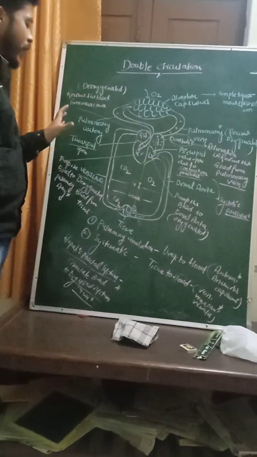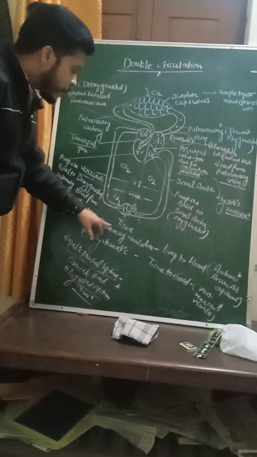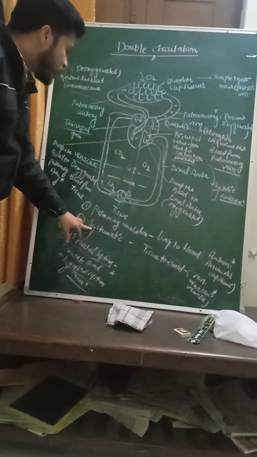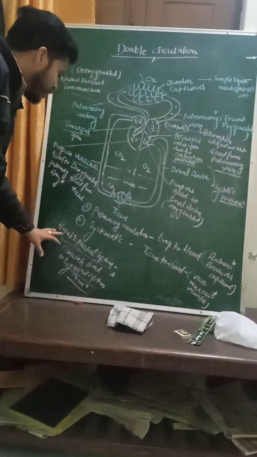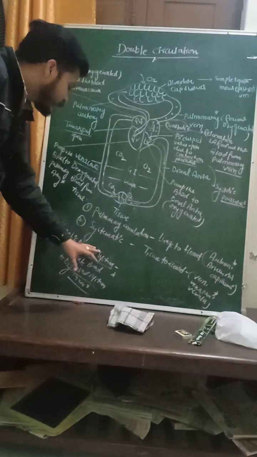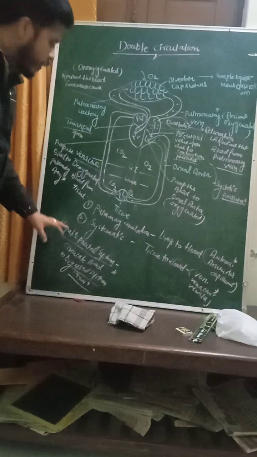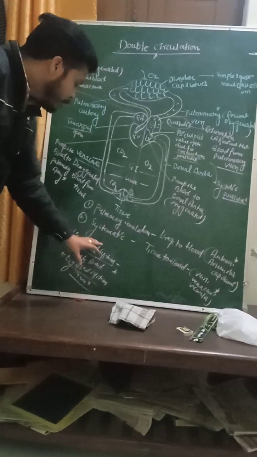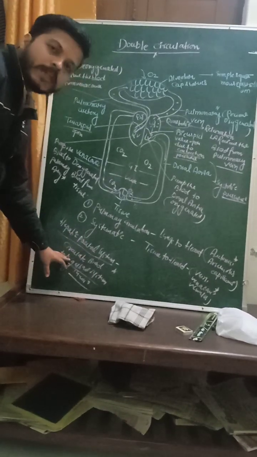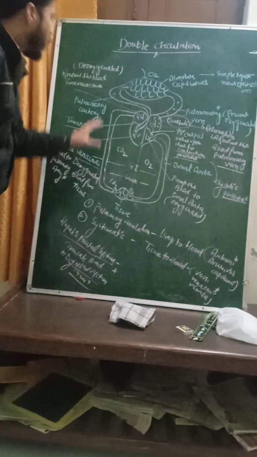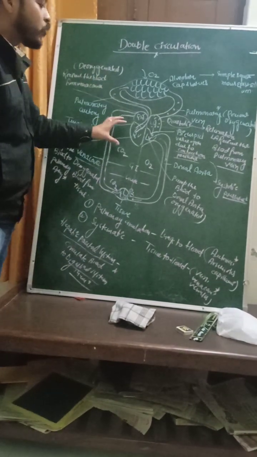So here the important point is there are two types of circulation, one is pulmonary circulation and one is systemic circulation. And another system, that is called the hepatic portal system, which circulates the blood to the digestive system and the liver. Very important, the hepatic portal system circulates the blood from the digestive system to the liver. And that is separate from pulmonary and systemic circulation.